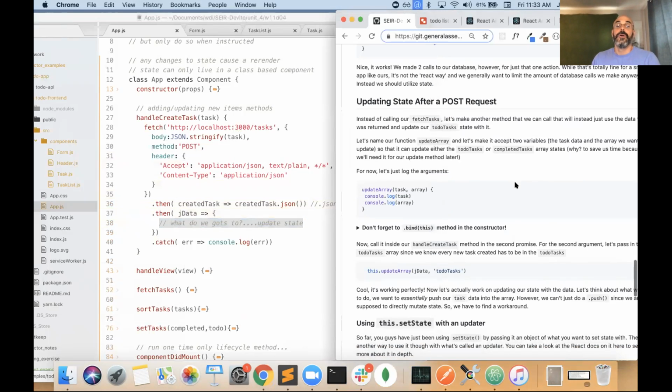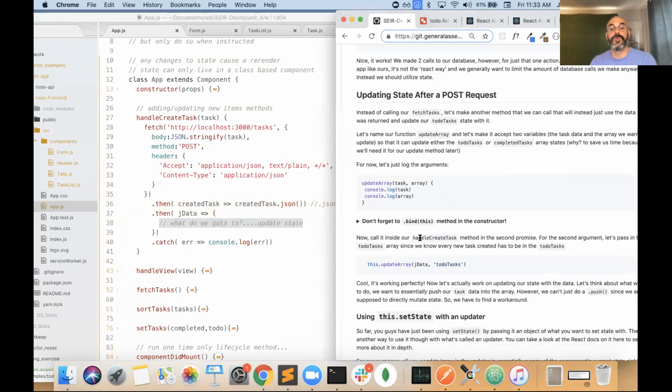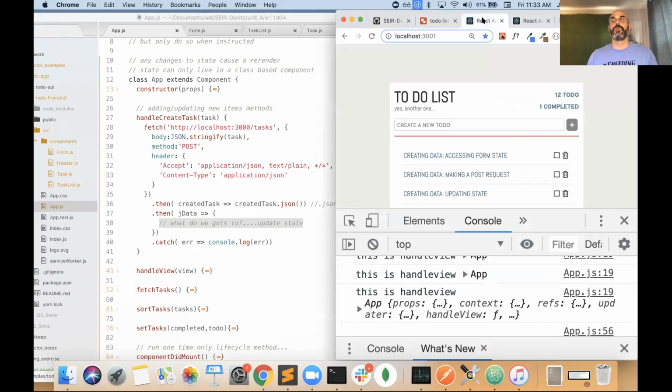Now, there are a few things that we can run to do that. So we're going to need to do 2 things. We need to update the array, okay? And then the question is, we got to update the to-do tasks array, and we are going to handle the view and change it to be to-dos so that when you do add something, we don't have to, but say I went to complete it and I was like, another thing,